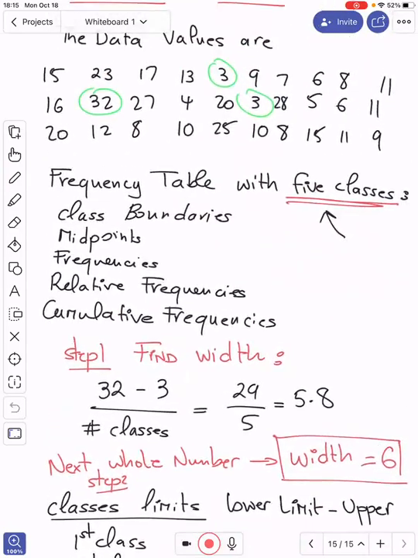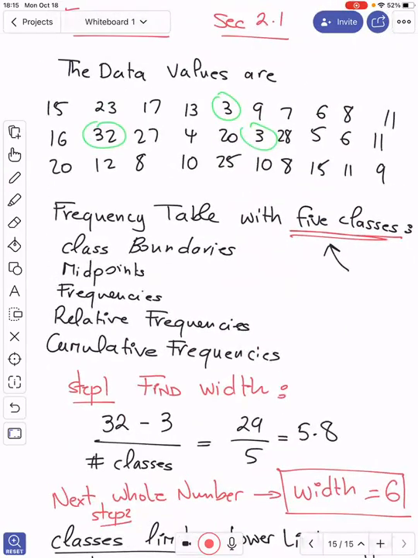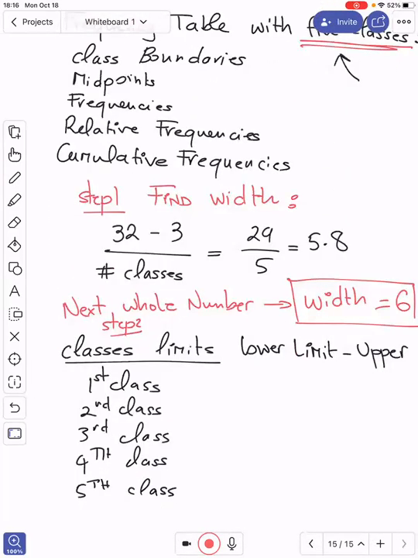So the first class, guys, the lower limit is always the lowest data value. So the lowest data value is 3, right? That's the smallest number, and so that will be the lower limit of the first class. Now, for the second class, the lower limit, all you have to do is add the width. So 3 plus 6,